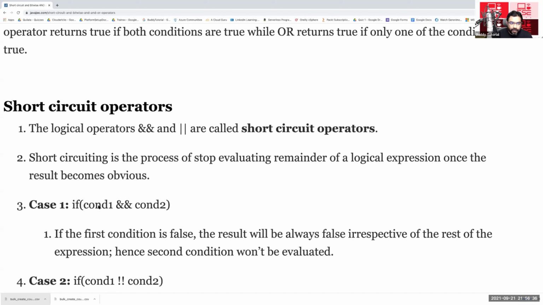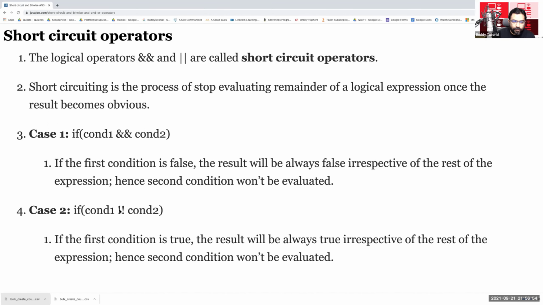If one of them is false, is there any point in evaluating the second condition? No, right? So if the first one is true, it will evaluate the second one, but if the first one is false, it will not evaluate the second one.